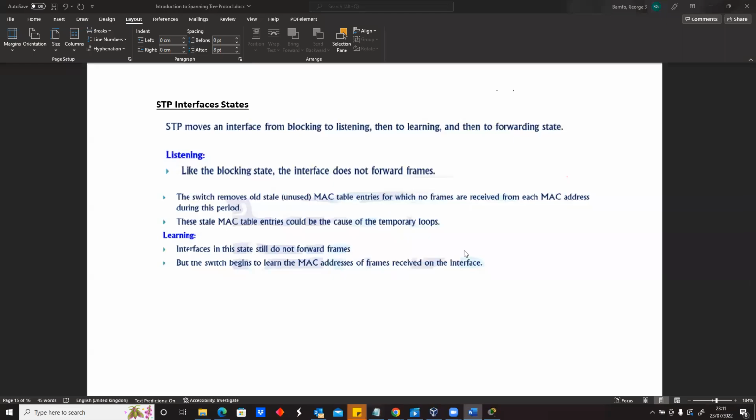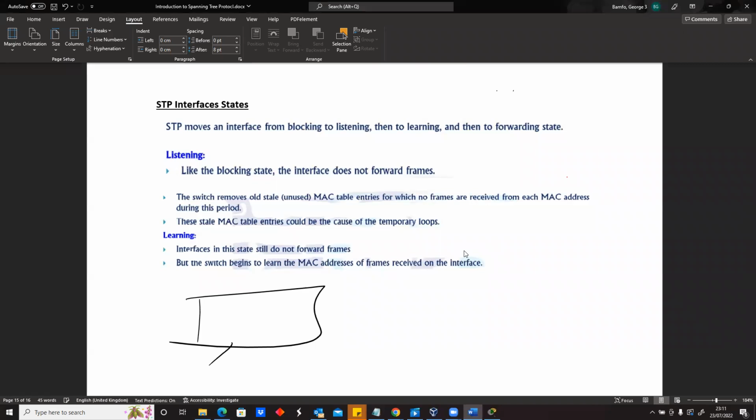If you've been listening to the previous ones, I started mentioning states. We said that every switch port has a few things it can do. It's either in a blocking state, or it's listening to something, or it's forwarding some traffic. Now, if it is listening, when we say a port is listening or is